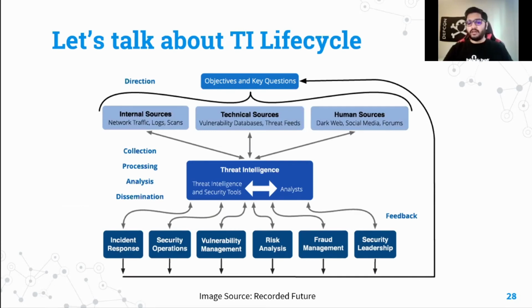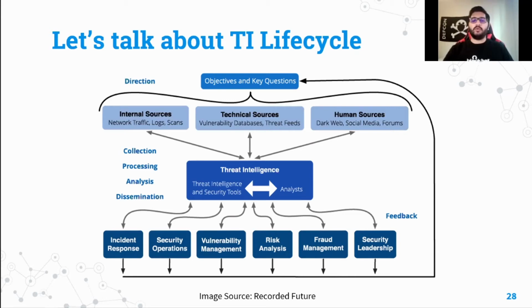So start talking about the threat intelligence lifecycle. These are just the steps you take to get data and analyze it and get some kind of intelligence out of it. And you can use this life cycle for any kind of data. So talking about using it for dark web data, in the first step, that is direction, you basically do threat modeling of your organization. You figure out what your organization wants to focus on, what different forums or marketplaces you want to focus on in the dark web.